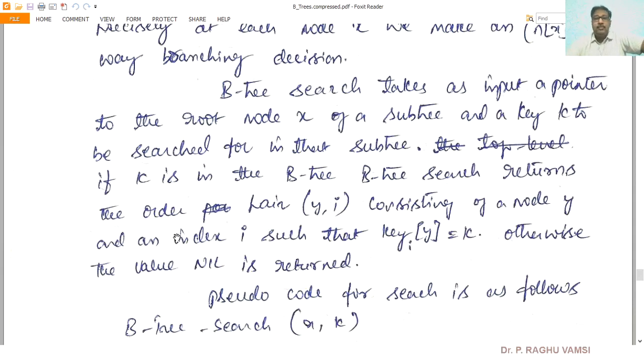These things will be returned by the search function. So the child node address, and the index of the element where the searched element was found, these two will be returned, such that key i of y is equal to k. Otherwise, the value nil is returned. Nil here means null, that means nothing was found.